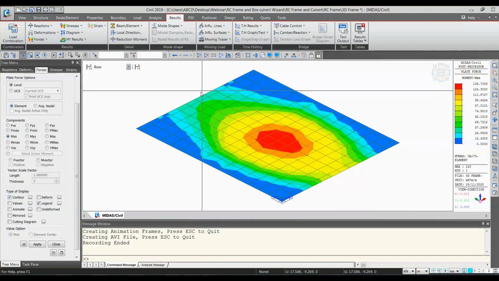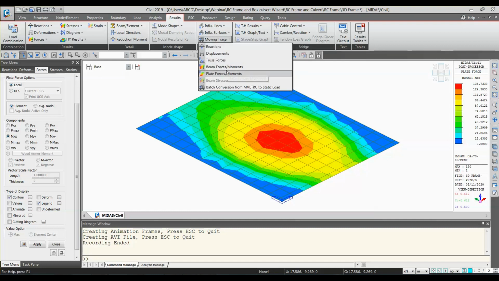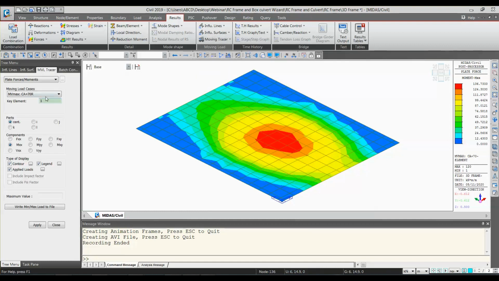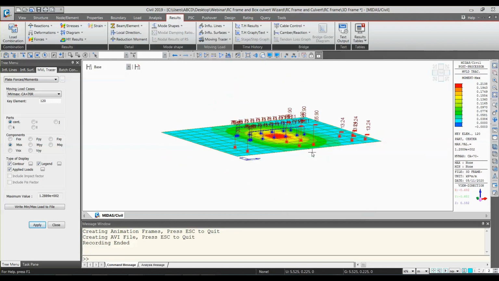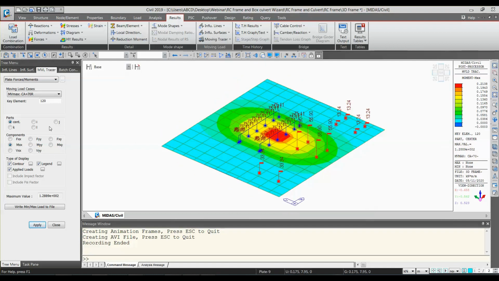To see the graphical representation of the moving load tracer, we will go to moving tracer, plate forces. I will enter 120, and you can remember this figure 136. Now I'll click on apply. So this is our vehicular position for the 120 element.